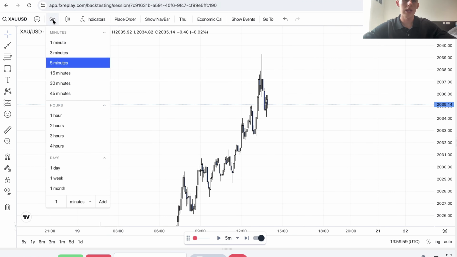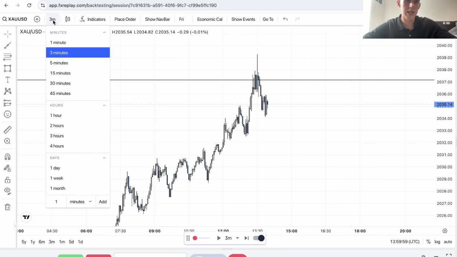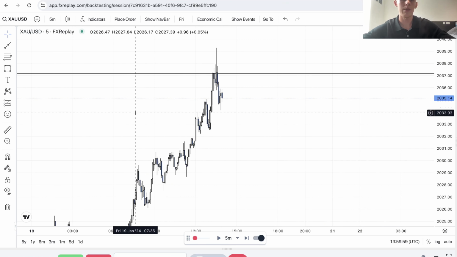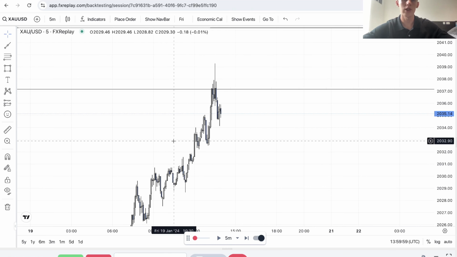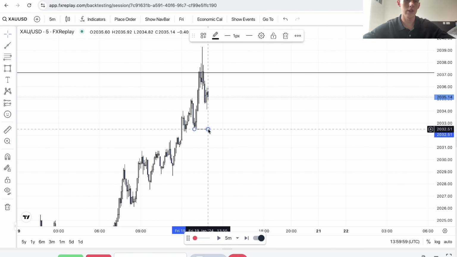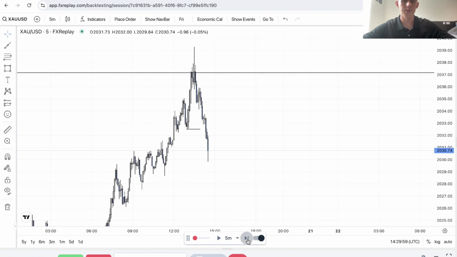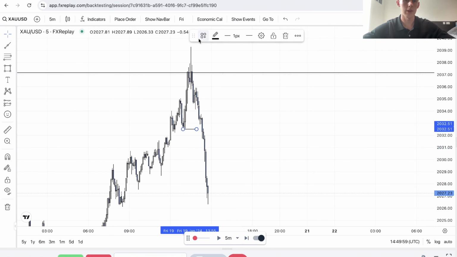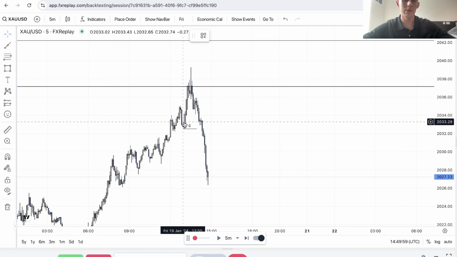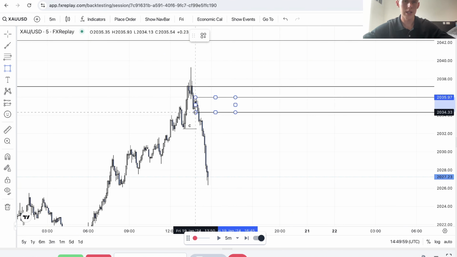And in this example, what we want to see is price break the most recent higher low. So looking on the 5 minute, we can see that price was in this bullish trend as it approached the point of interest. So what we want to see broken is this most recent higher low. There we go. So we got a break of that most recent higher low. Where was the area of supply which caused this break of structure? It was this area of supply,